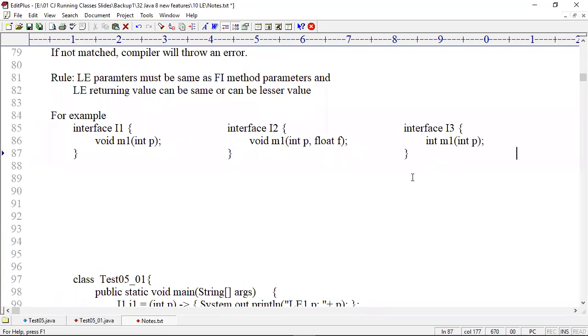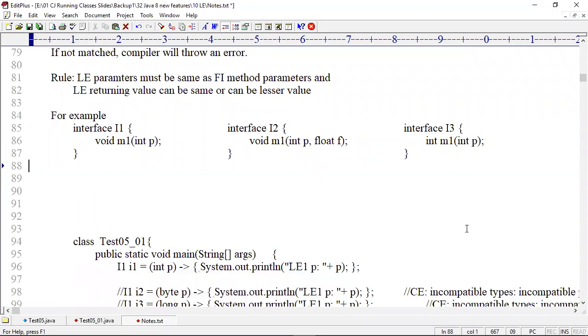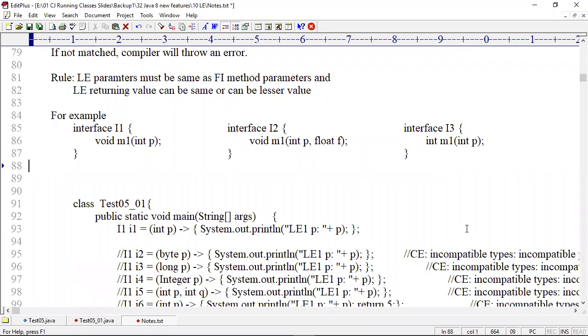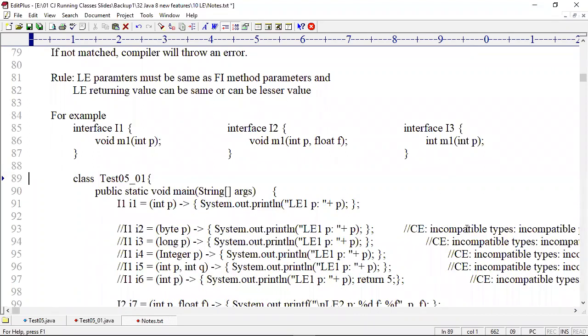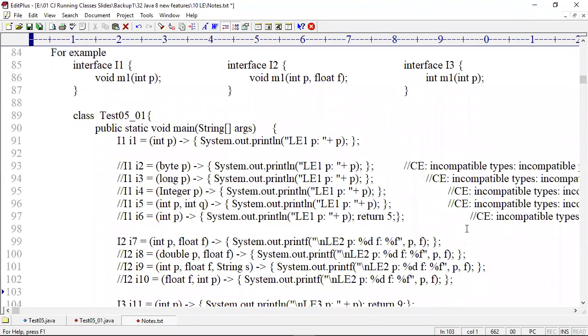Are any of you getting confused working with lambda expression? Are you not confident? Vishwesh Reddy is asking, when do we use lambda expression, sir?